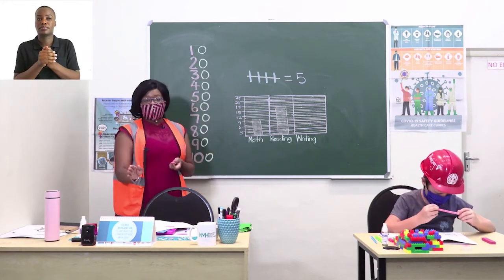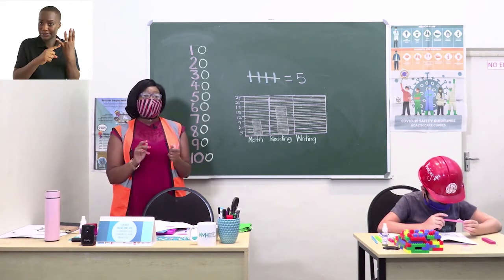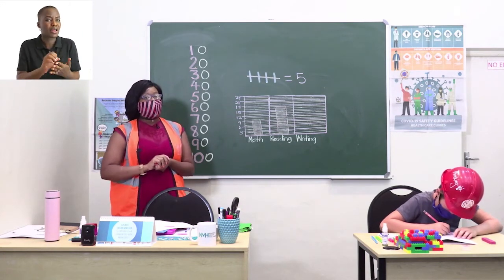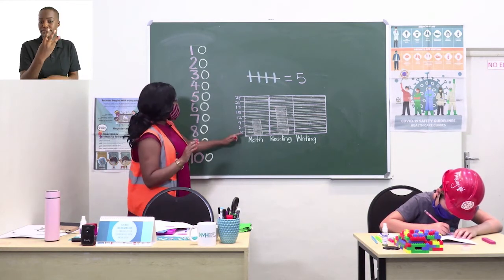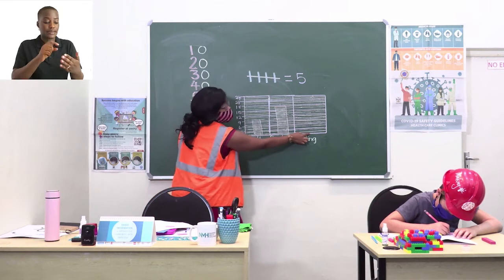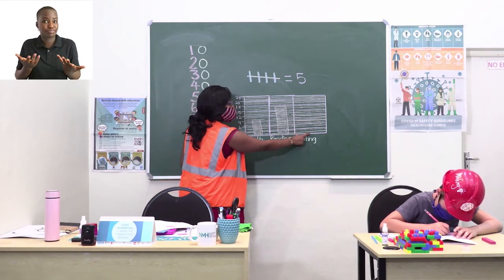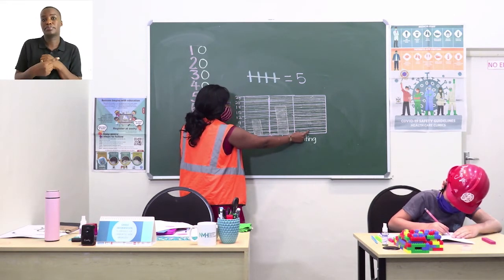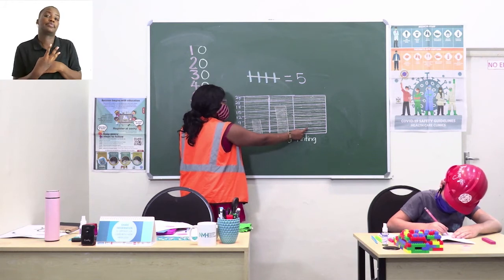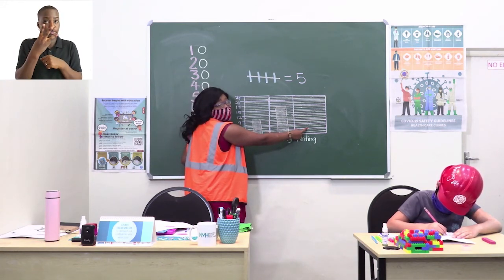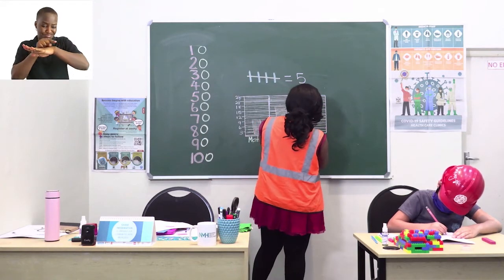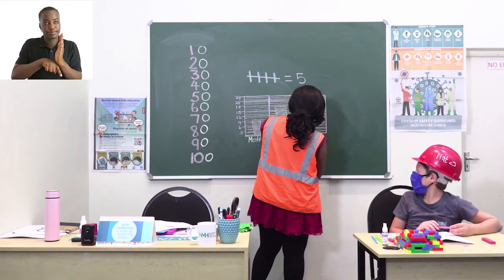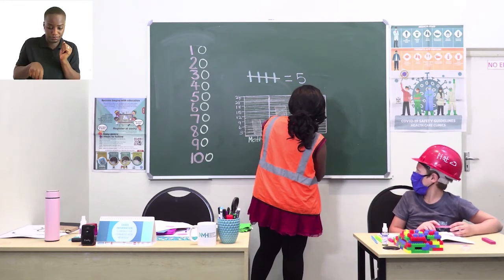And we are looking at our tally chart. Our tally chart said that there are only 3 people that enjoy writing. So we are going to go with our finger again and start from 0 and count up to 3. Let's go together. 0, 1, 2, 3. So we know that 3 is here. We are going to take our pencil or color and draw the line down, across, and down,